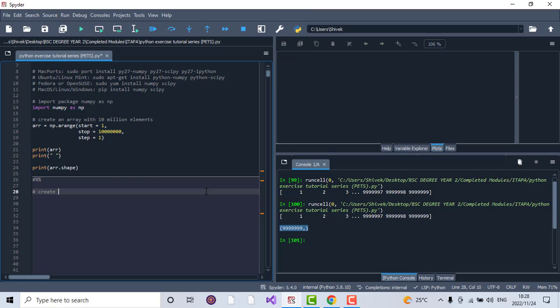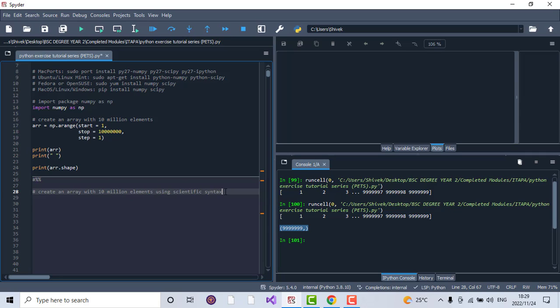You guys don't have to stress, because you are probably wondering why are we working with arrays that have 10 million elements. You know, I'm a beginner in NumPy. Why can't you give me an array with 5 or 10 elements? Gradually or eventually we will do that, guys. For this specific exercise, I chose these numbers for a reason. Anyway, I would now like to create an array with 10 million elements using